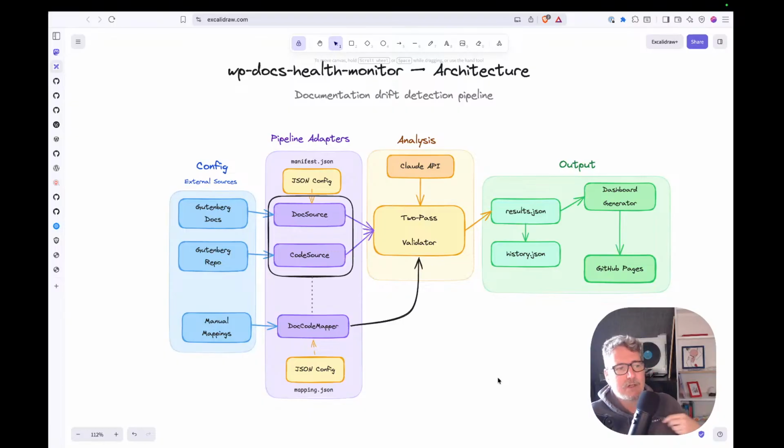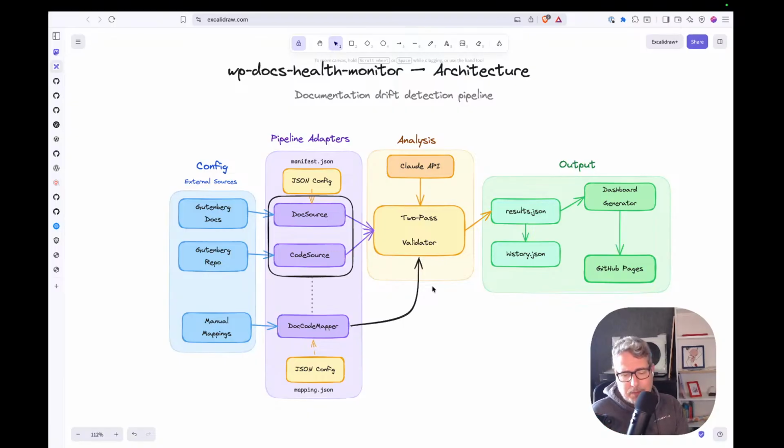So there is a logic of first pairing each document with the related code files, and this is something we can also leverage AI for, and then passing all of that to another process that makes several passes to detect